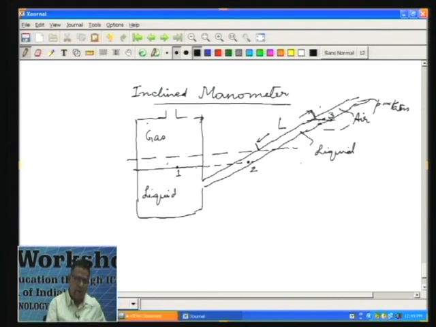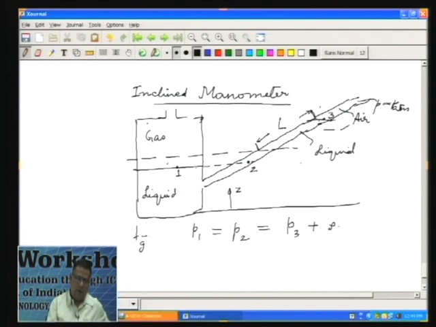Let us say I can have any datum here, maybe here, and this is my Z, and gravity is downwards. So, P 1 is equal to P 2, and P 2 will be P 3